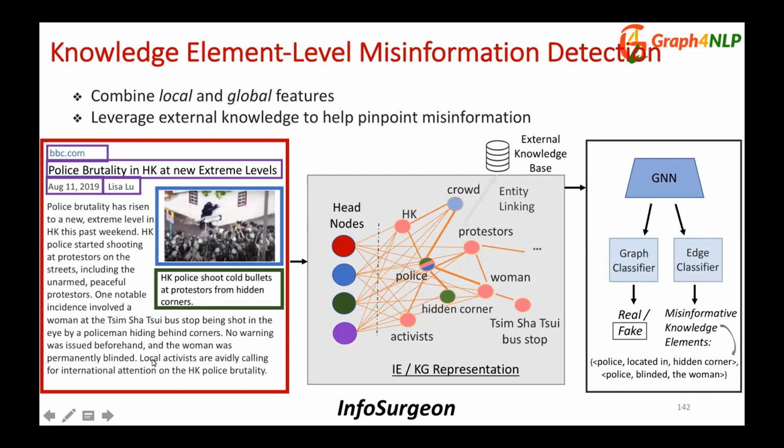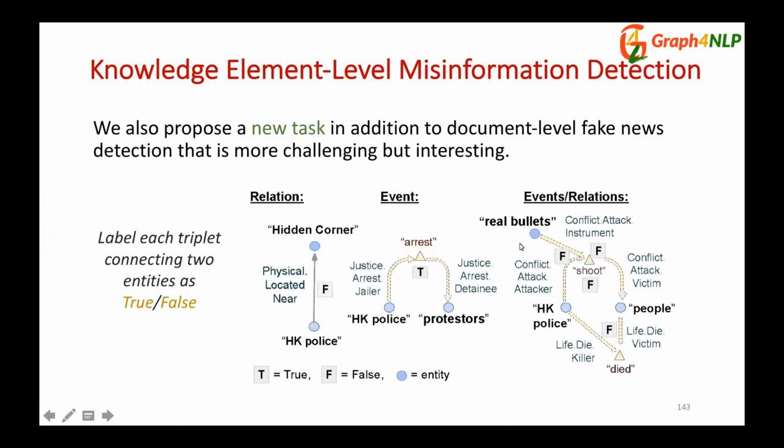And the other fake information is this woman was permanently blinded. This information was never validated in any other places in the body text or in the image. So we are going to take every triplet, 2 nodes and 1 edge, as a candidate, and then use a graph